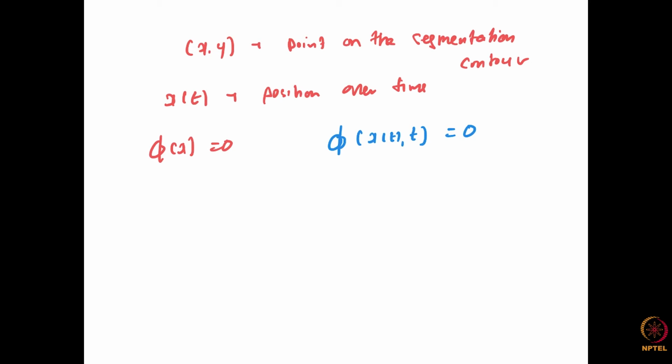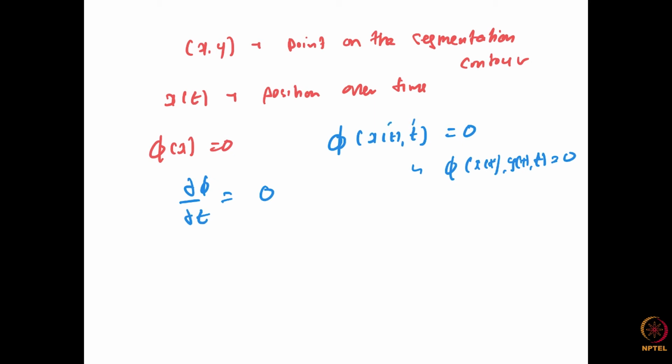So if we know phi at t equal to 0, which is possible because we always initialize the contour, then at any time t, we know that d phi by dt equal to 0. I'm excluding the explicit dependence on x, etc. When I say x comma x of t, I meant x comma y. I can also write phi of x of t, y of t, right? So if d phi by dt equal to 0, where I suppress the dependence on x of t and t,